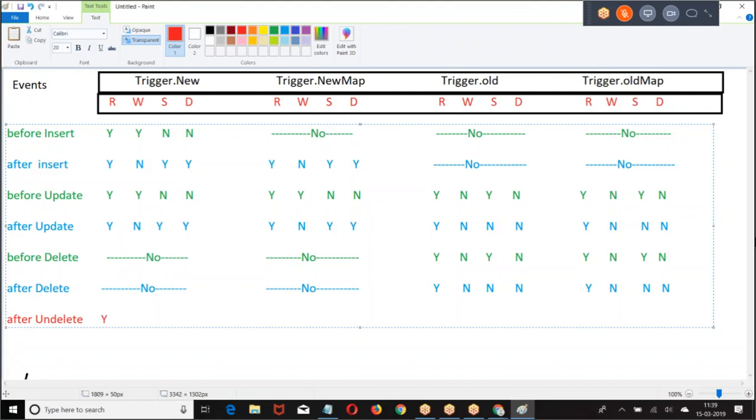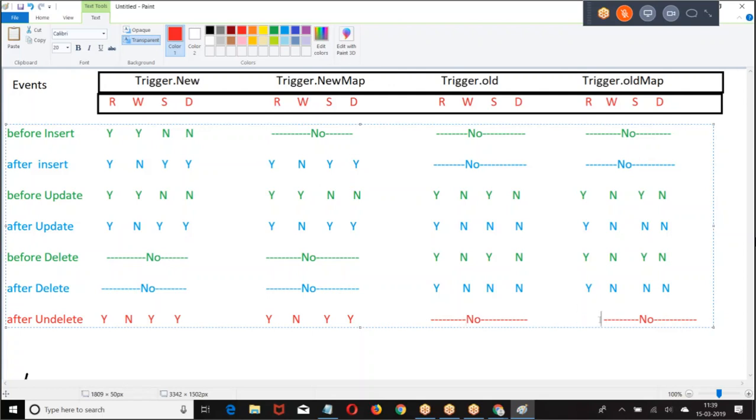After means what? SOQL, DML. This is what we got.